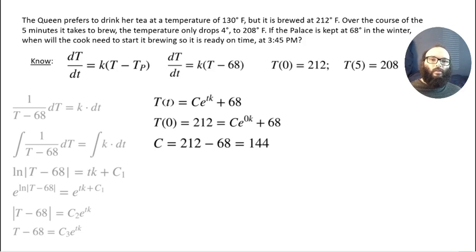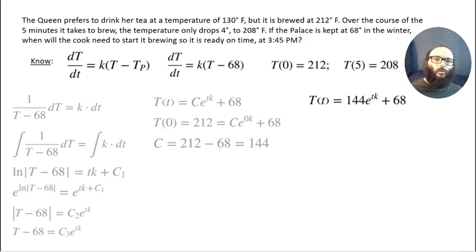And having that value means that we can refine our formula. Now we have a more specific, but not quite exactly dialed in, form of our solution. We just need to now figure out what K is. It's going to be very small because this pot seems to do a very good job of holding in its heat, only cooling 4 degrees in 5 minutes, in the first 5 minutes. Anyway,